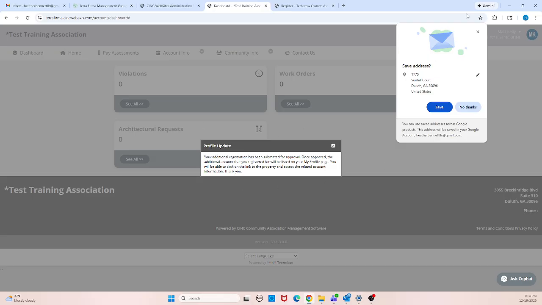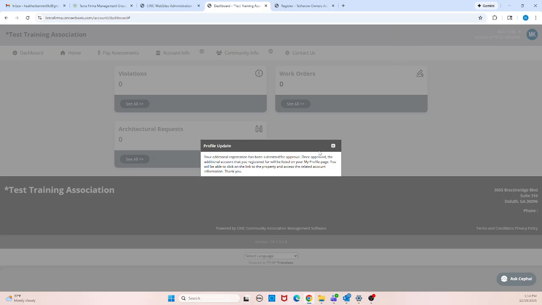And then you'll get the same type of response that you got when you first registered your property, that your additional registration had been submitted for approval. That will come on our end. We will get those two separate properties linked. We'll make sure that it is to the two separate properties, and you'll get an email that says that they had been successfully linked. And that's it. It's as easy as that. If you have more than two properties, you're just going to repeat those steps with the correct property addresses for each of the properties that you own,